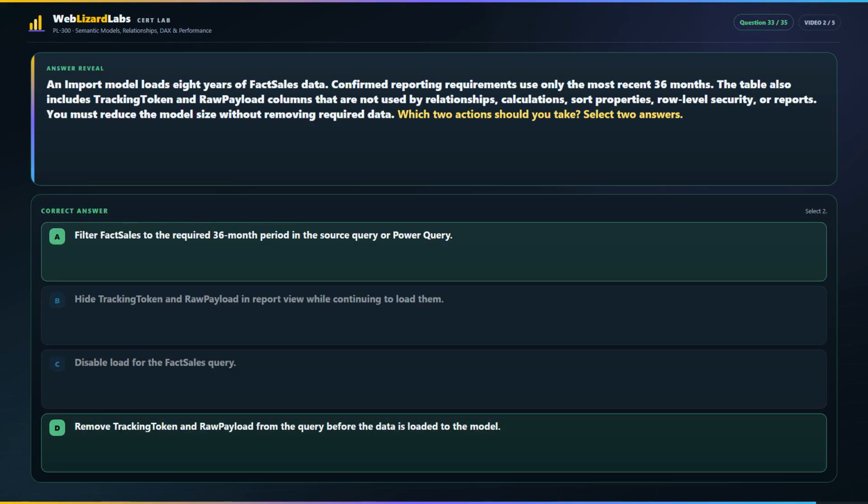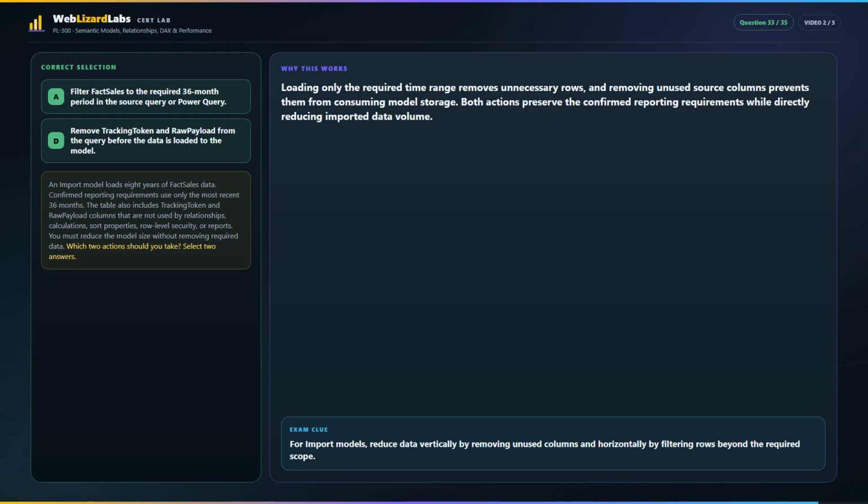The correct answers are A. Filter fact sales to the required 36-month period in the source query or Power Query, and D. Remove tracking token and raw payload from the query before the data is loaded to the model. Loading only the required time range removes unnecessary rows, and removing unused source columns prevents them from consuming model storage. Both actions preserve the confirmed reporting requirements while directly reducing imported data volume. Exam clue: import models reduce data vertically by removing unused columns and horizontally by filtering rows beyond the required